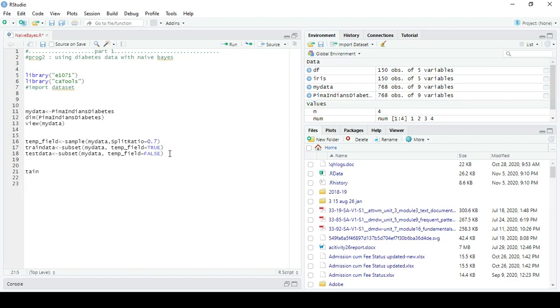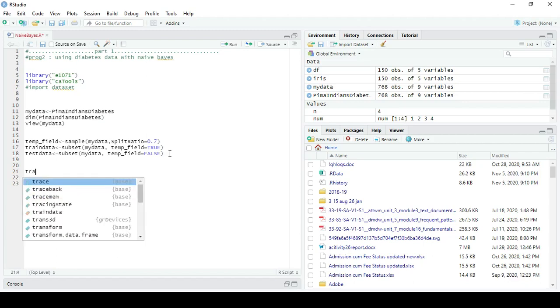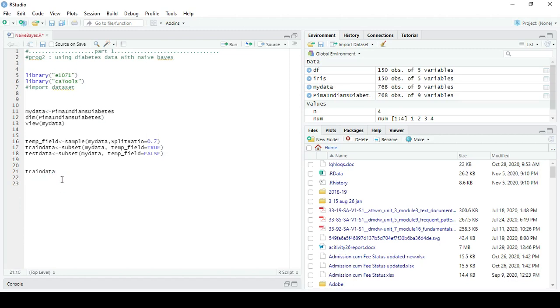Train data, test data. Here the train data set is nothing but the subset used to train the model, and the test data is the subset used to test the trained model.